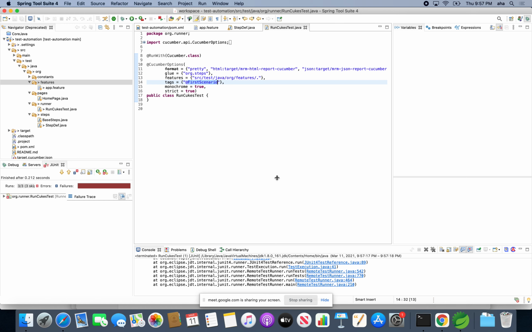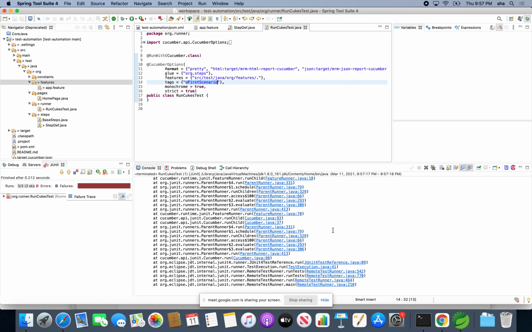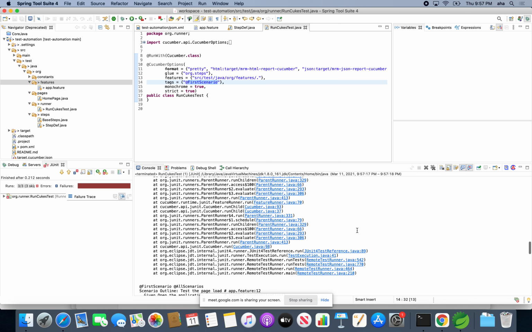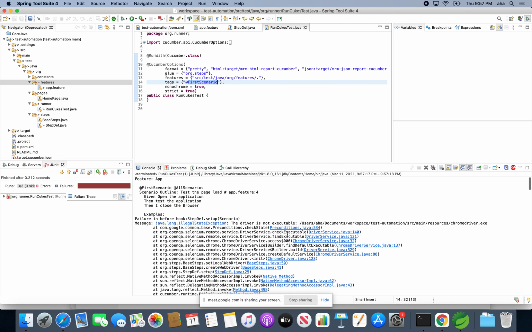See, when I run this, it is throwing a lot of errors. Okay, so this is something else. Okay, now